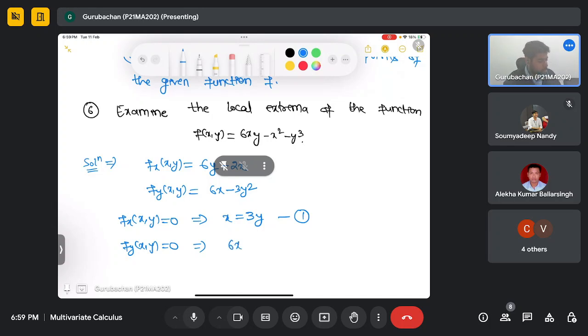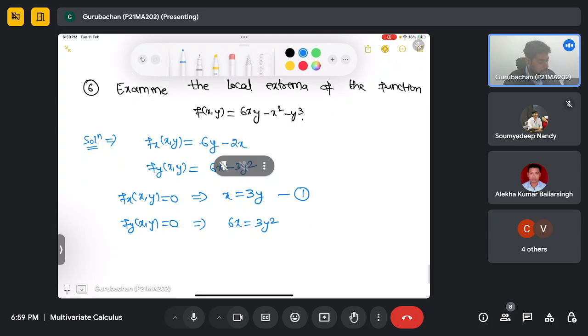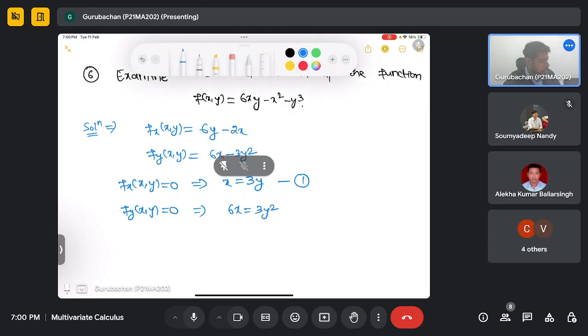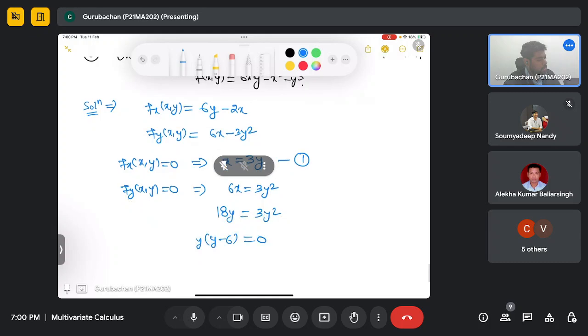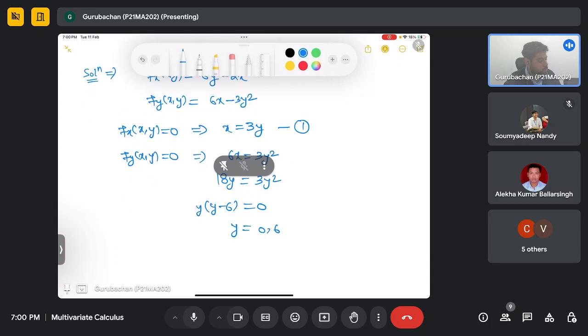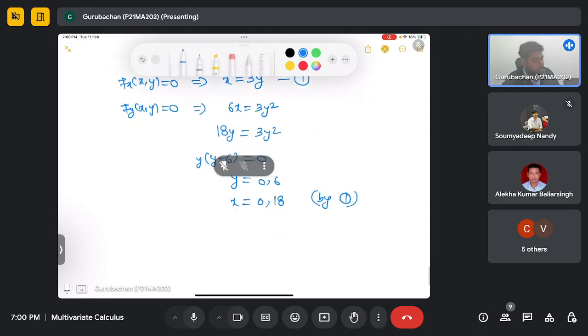So it will be 6x equal to 3y square. And by 1, we can put the value of x. It will be 18y equal to 3y square. So this will give us y(y minus 6) is equal to 0, which corresponds to y equal to 0 and 6. And corresponding to these values of y, we can get x is equal to 0 and 18 by equation number 1. So we get the critical points (0, 0) and (18, 6)